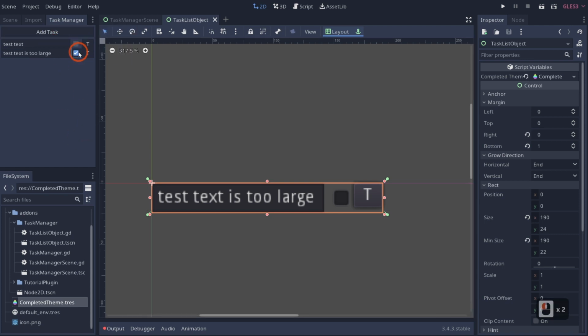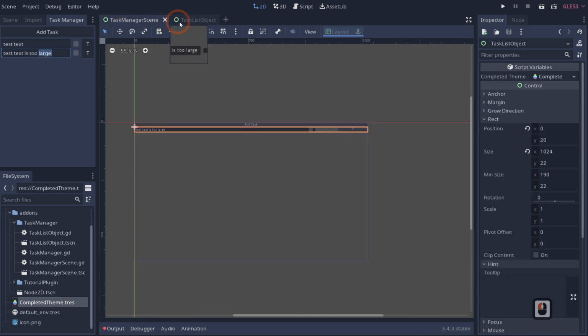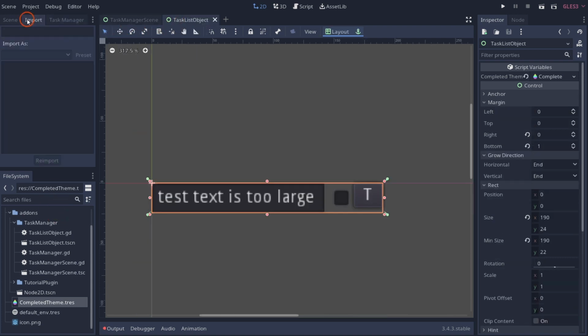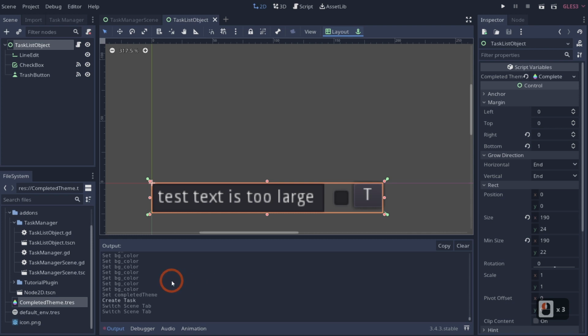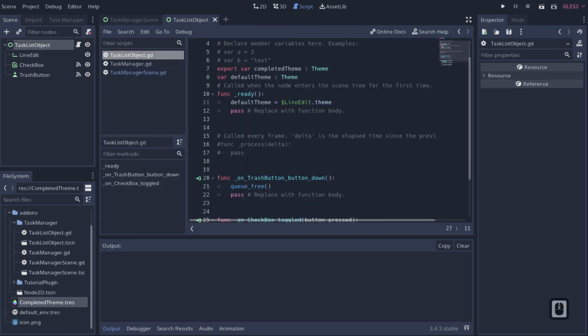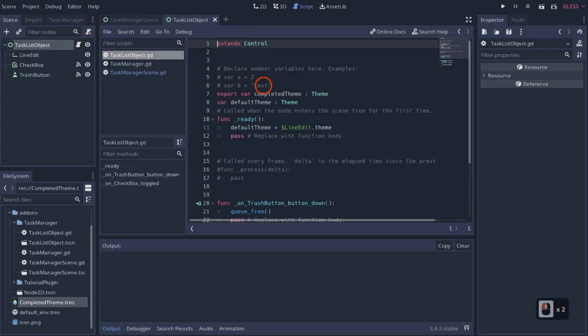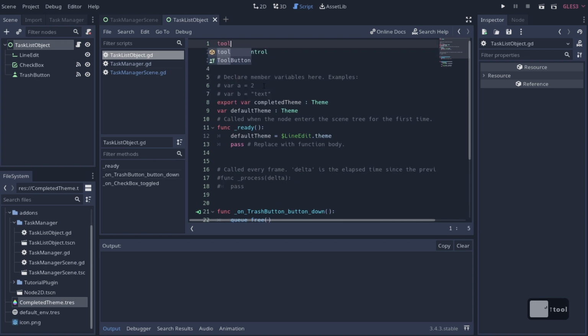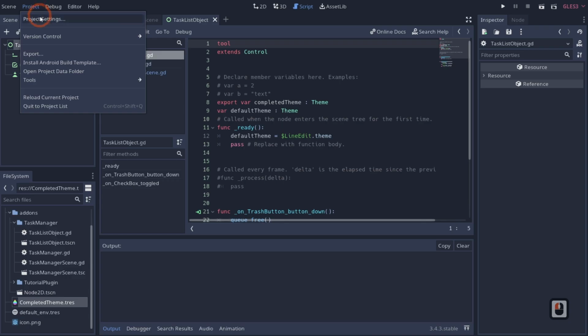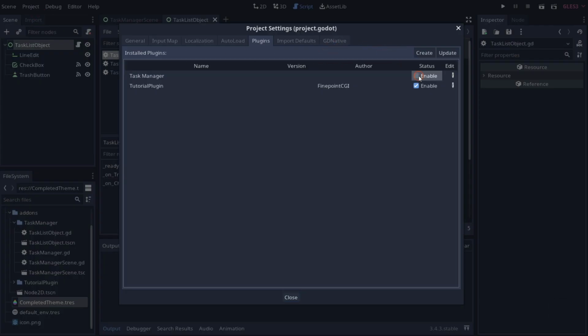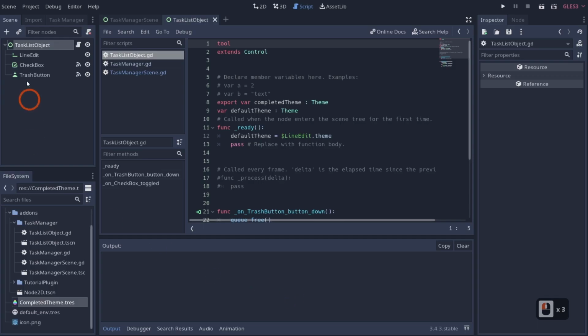If I add a task, doesn't seem to be working, so that's always a good sign. So let's see, do we have any errors? I figured out what's going on. So if we come up here to our extends, we need to tell this to be a tool, or else it's not going to run in the editor. That's my fault. So let's go to project settings, get rid of our task manager, put our task manager on,